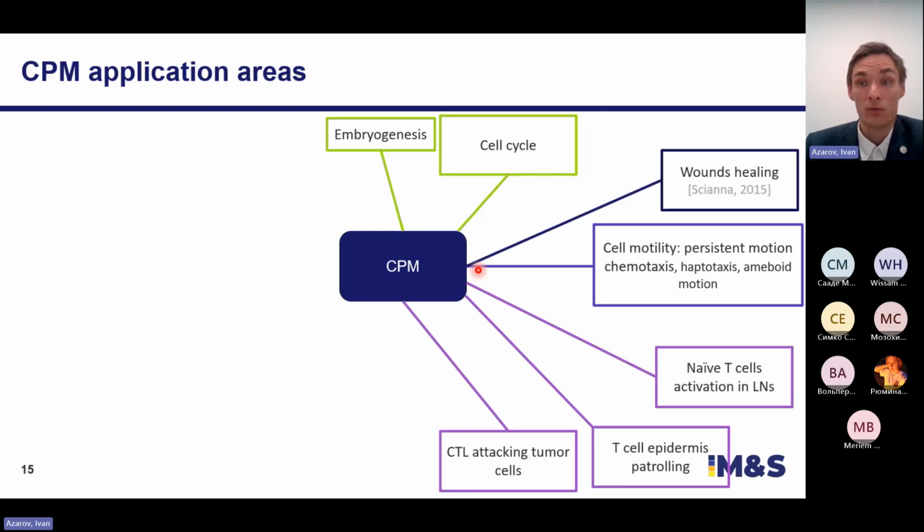And then it's also a very important area, maybe the most helpful and most important. It was such areas like wound healing using fibroblast cells and immune cells. It was also descriptions of cell motility, like today's work, using chemotaxis, haptotaxis, amoeboid motion. Of course, it's naive T-cell activation in lymph nodes